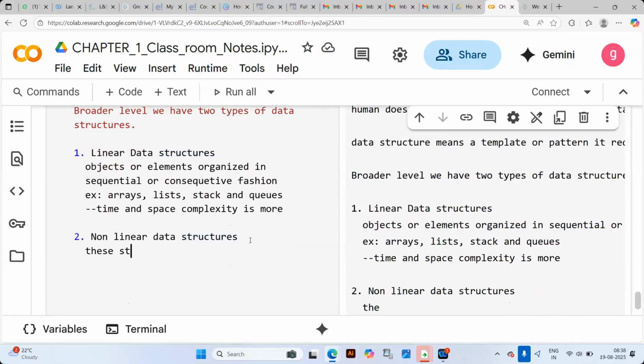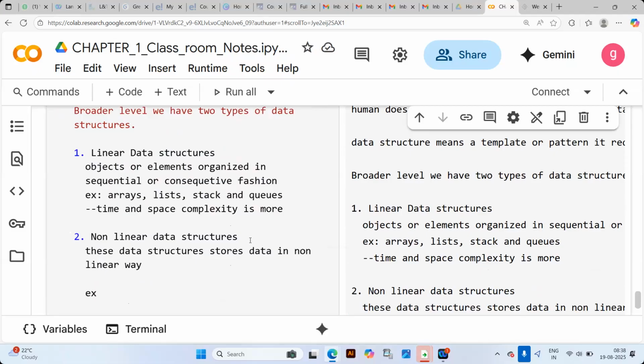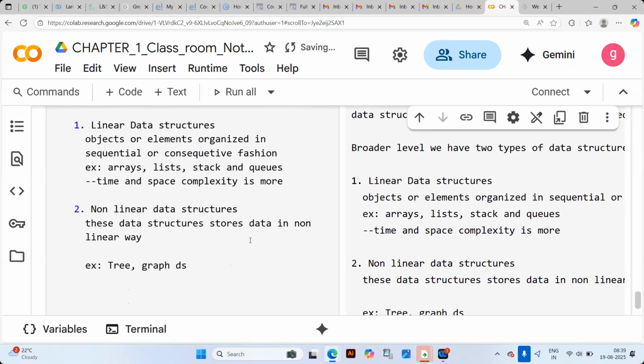These data structures store data in a non-linear way. Examples are the tree data structure and graph data structures. Right. So now, according to Python,